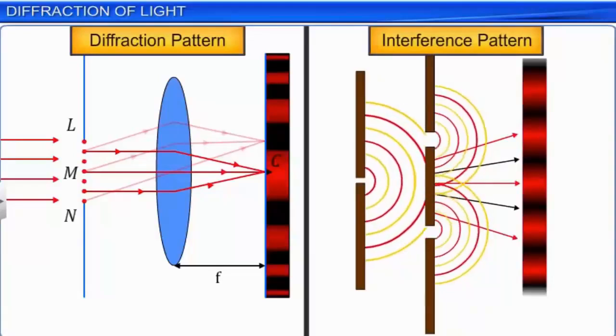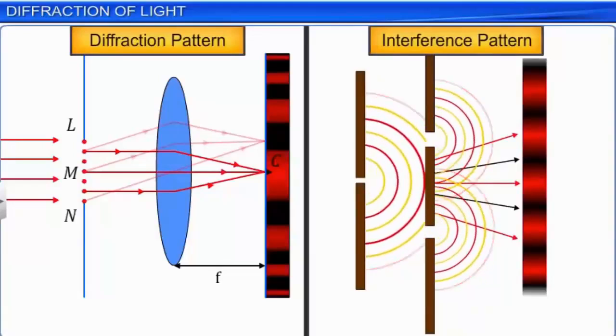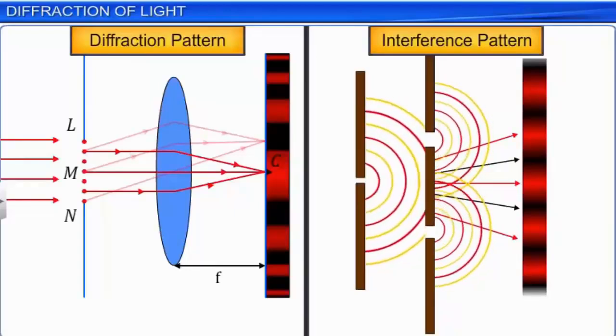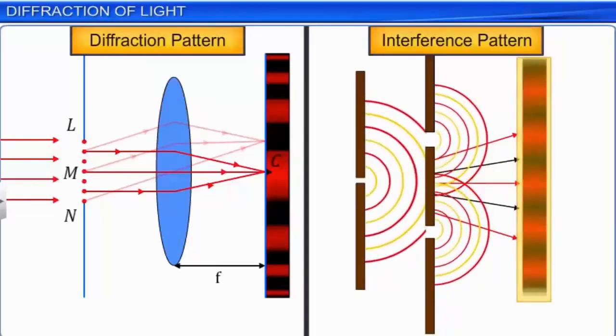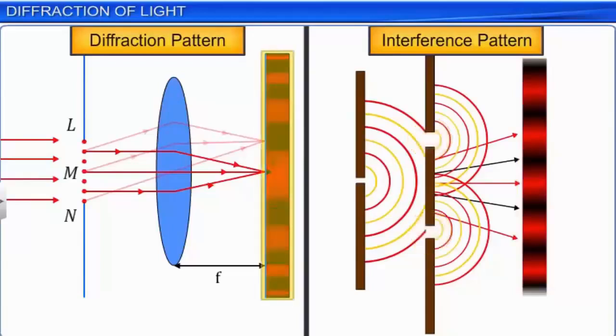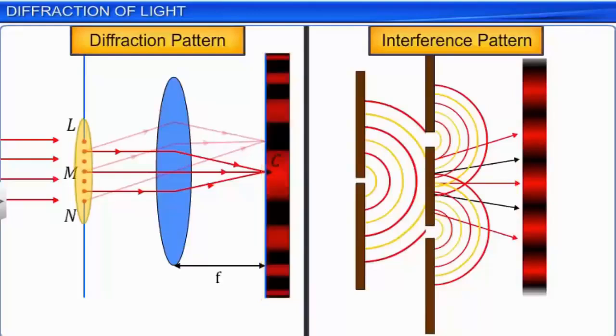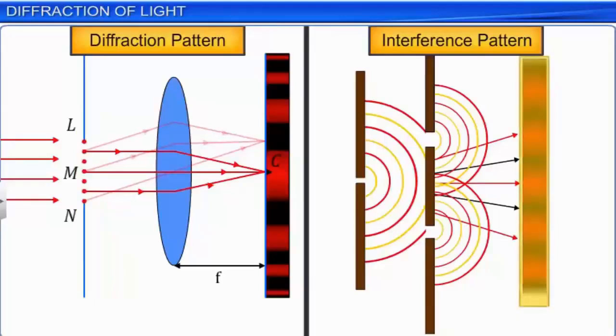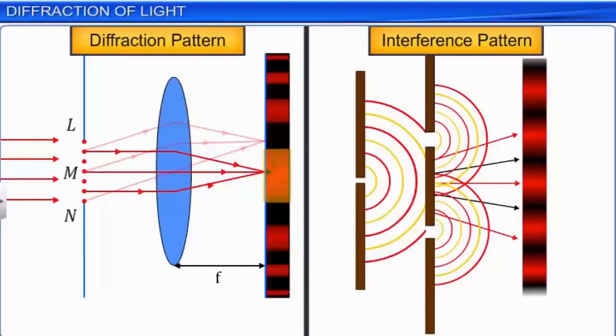We observe alternate bright and dark fringes in both the interference and the diffraction experiments. The fringes in the interference experiment are due to superposition of waves from two sources, whereas the diffraction pattern is a superposition of waves originating from each of the point sources on the single slit. The interference pattern has a number of equally spaced bright and dark bands, but the diffraction pattern has a wider central bright maximum. The intensity of the successive maxima decreases as we move away from the central maximum on either